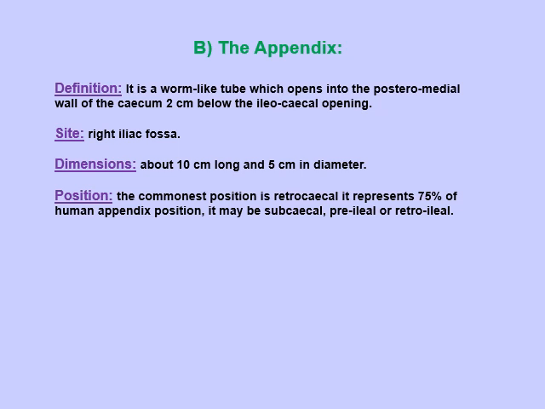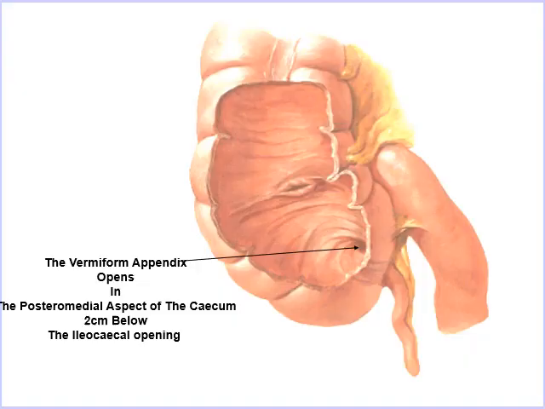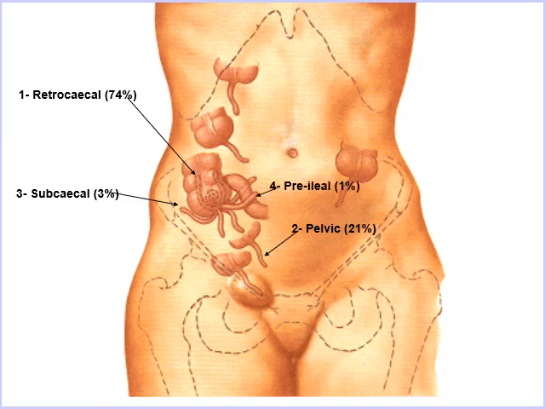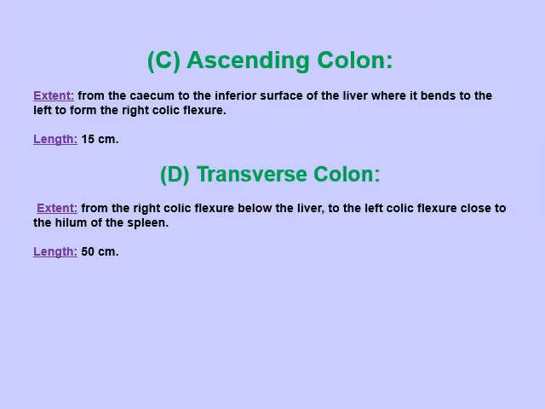Appendix: a worm-like tube which opens in the posteromedial aspect of the cecum about 2 cm below the ileocecal opening. Its length is about 10 cm, its diameter about 5 mm, and its site is in the right iliac fossa, but we have different positions of the appendix, which may be retrocecal, the commonest position, behind the cecum, pelvic, subcecal, pre-ileal, post-ileal. Ascending colon about 15 cm, transverse colon about 50 cm,